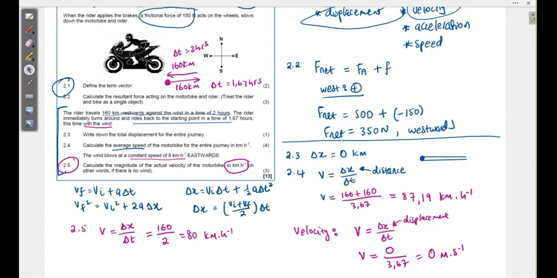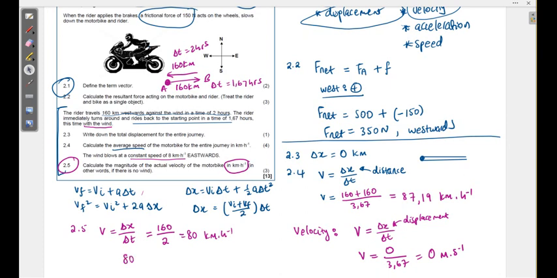However, we must remember that this is the velocity for him to travel from position A to B, right? But now they told us that the wind is blowing at 8 kilometers per hour, which means